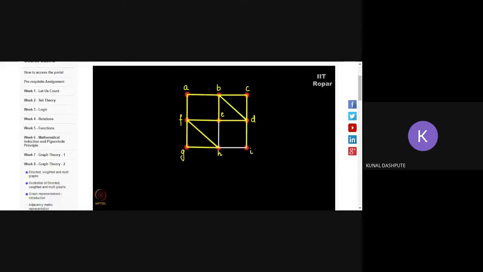B to D, D to I to H, and edge to E. So we have reached back the vertex E. By covering all the edges, we have reached E, and hence the graph is Eulerian.